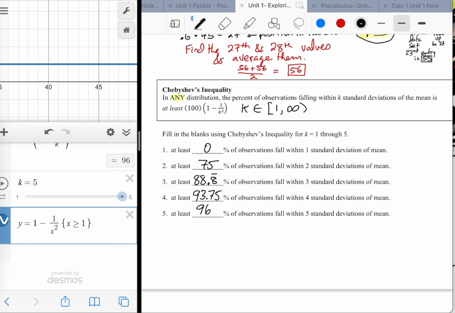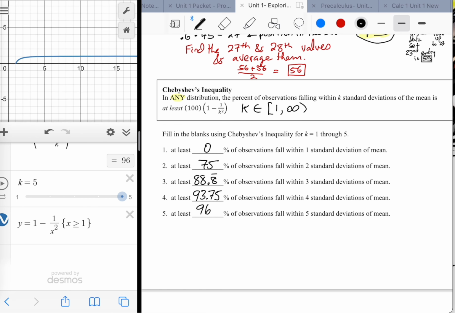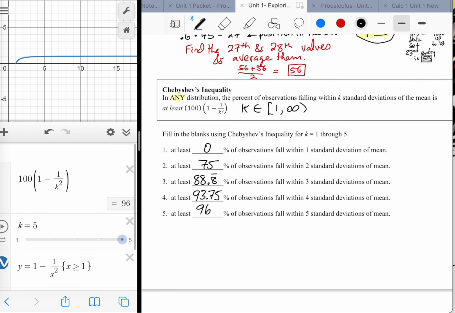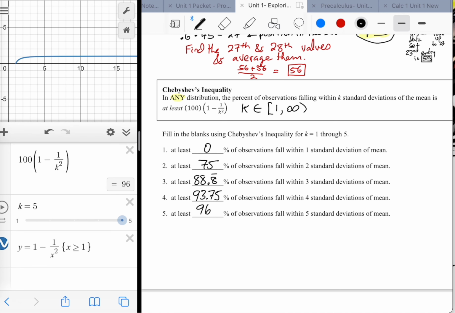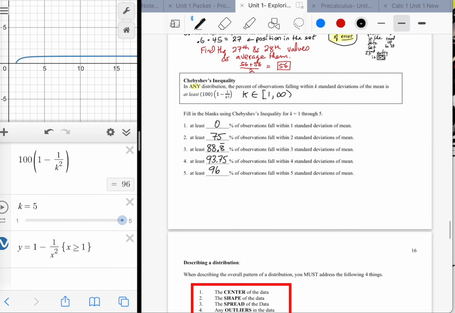Yeah, so this type of modeling is pretty useful in this class, but it doesn't look very pretty. So it is what it is, though. I'll dress this up and get it up on Schoology for you so you have it. I'll call it the Chebyshev's inequality Desmos, or something along those lines, and I'll throw a couple of notes in there so that you can refer to it. But as far as the lesson's concerned, that's it. So you have the remainder of class